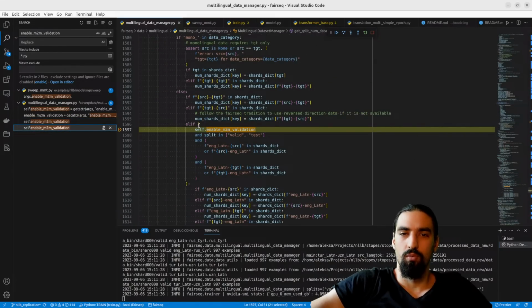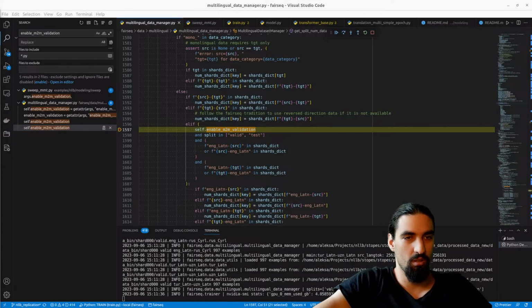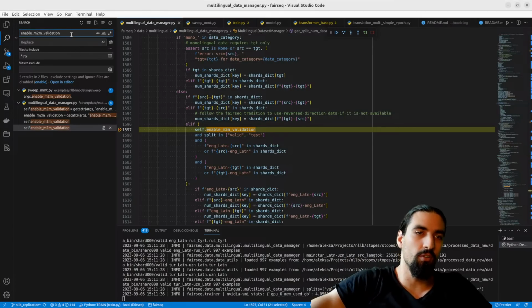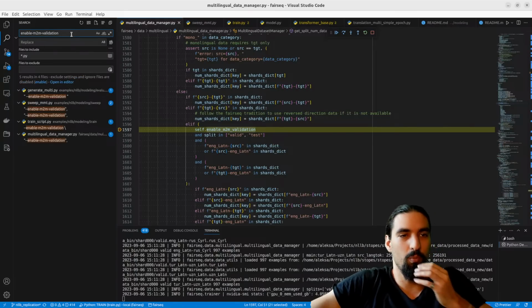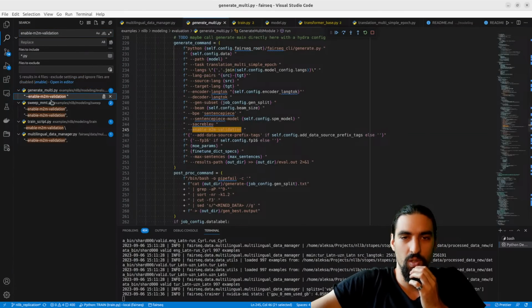Okay, that makes sense. So we accidentally figured out what this M2M validation means, even though we did not want to do that. And we were not hitting the flags before, so that's interesting. We accidentally found this one out.